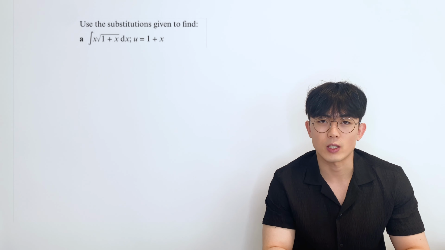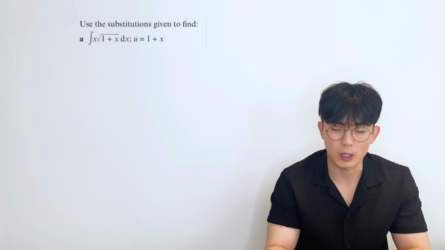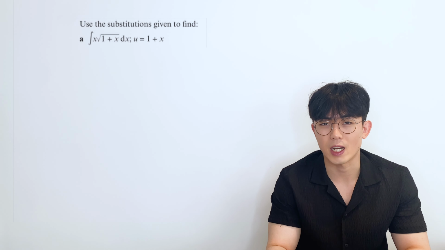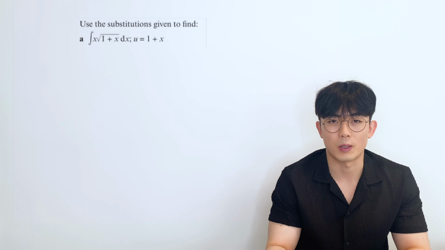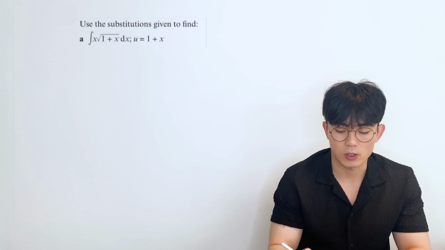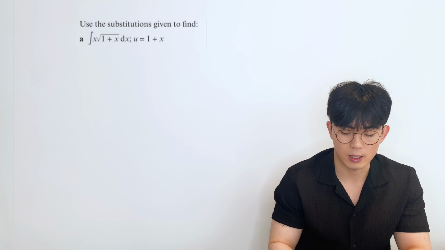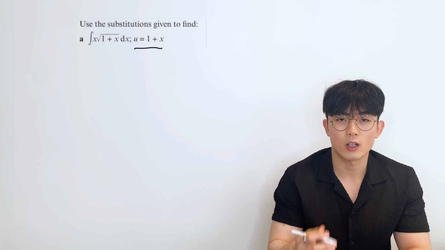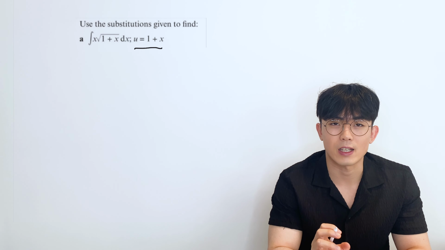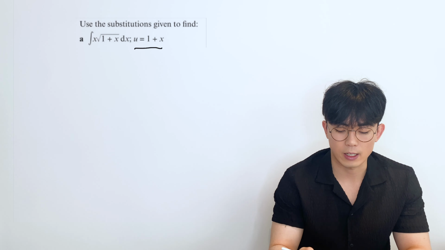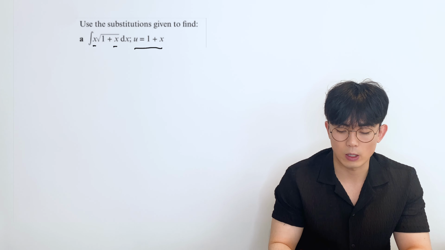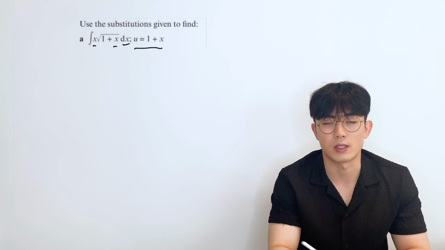Now, if we're just given this question on its own, then it'll be quite tricky because we can't really use the reverse chain rule, and there's no trig terms, right? So they've told us to use that u is 1 plus x like this. Right, so what our goal is now is to replace every x with a u. That includes this x here, and also this dx here as well,